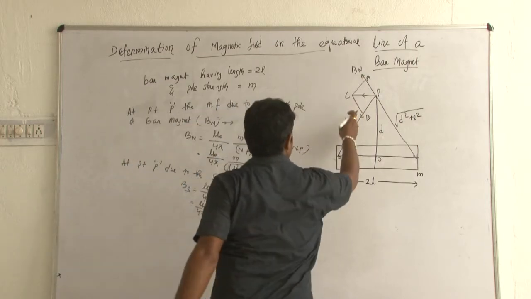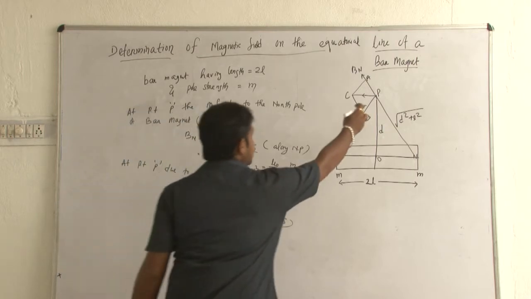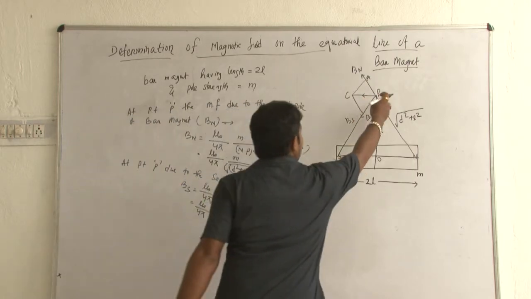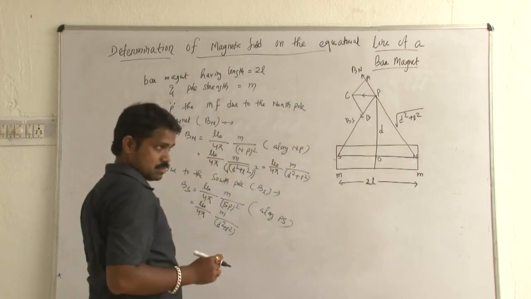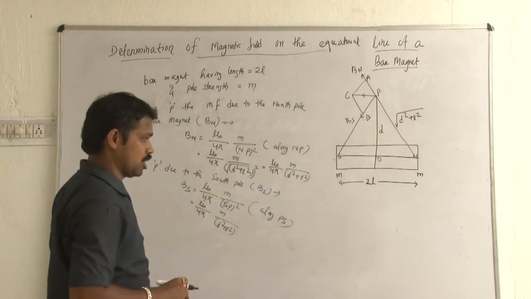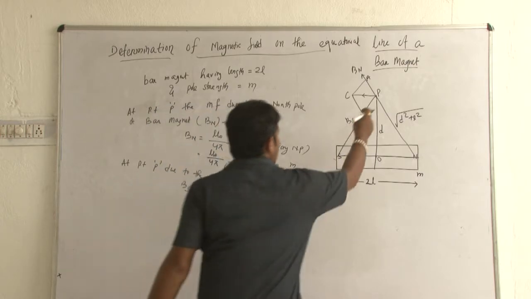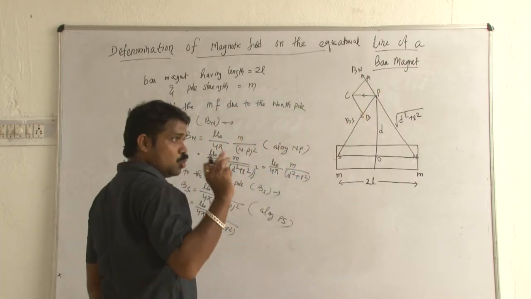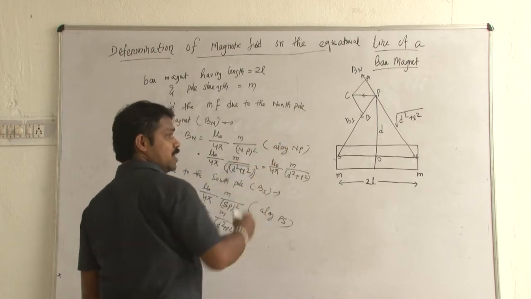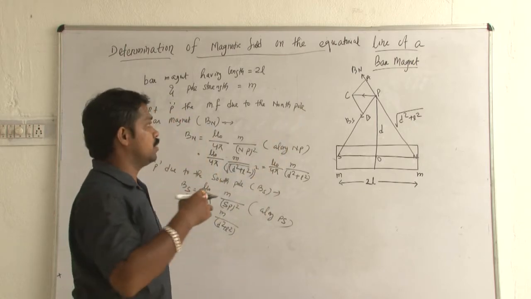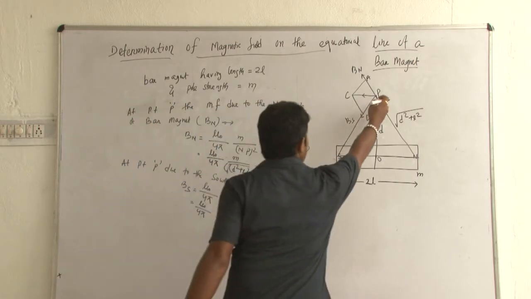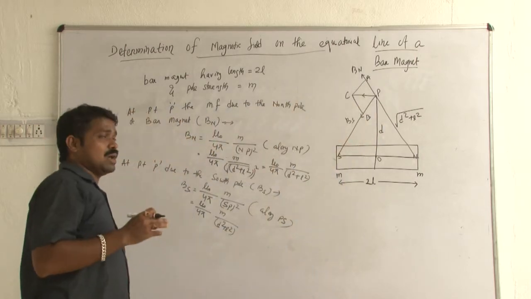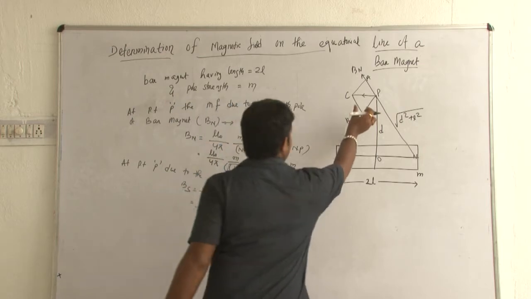The Bn and the Bs. Again, repeat. The Bn and the Bs are the two sides. Which sides? The PA and PB. Okay? Parallelogram. Clear all of you? The Bn and the Bs are the two sides of a parallelogram in this figure. So which is the parallelogram? PACB is the parallelogram. Okay, so in this parallelogram we are going to find out the resultant.